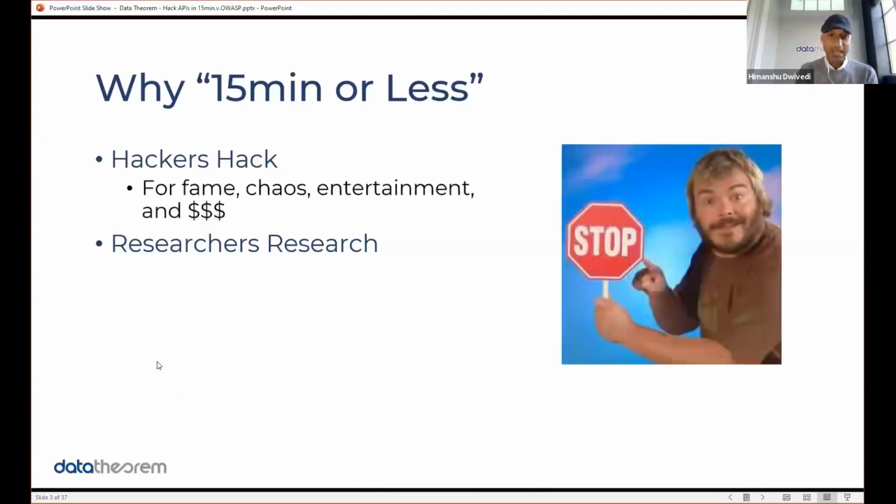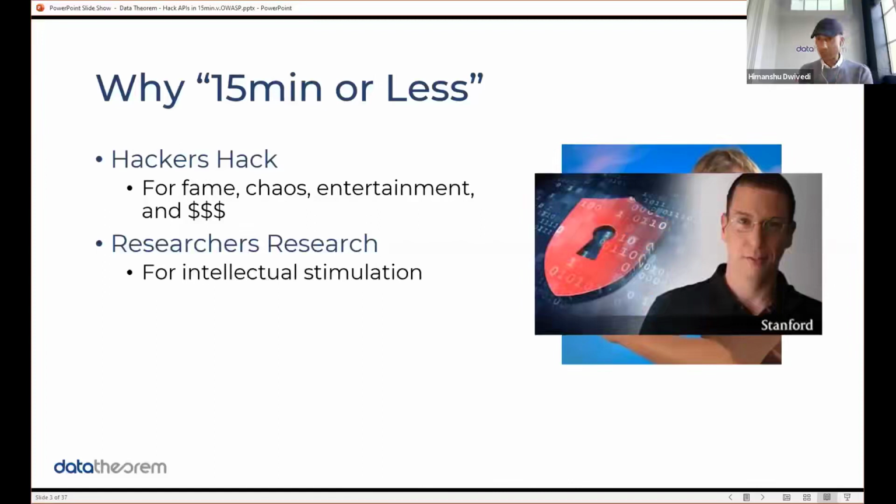And that's what my first point is: hackers hack, right? That's what they're here for. That's what they want to do. They do it for fame, sometimes just for chaos, sometimes to entertain themselves and their friends, and sometimes for money. Now in the past decade it's become monetizable, but in the 90s, no one was really making money off of hacking. Organized crime was always there, but it's gotten even more efficient. But hackers are here to hack, and that's different from research. Research is very different from hacking, security research, that is.